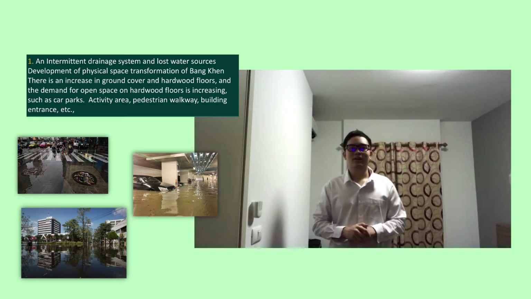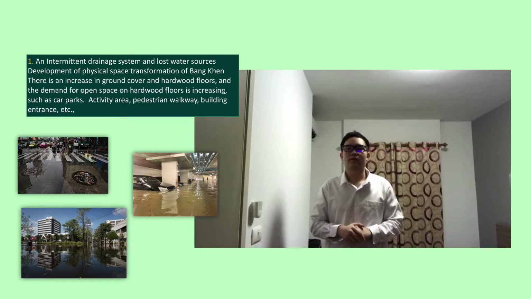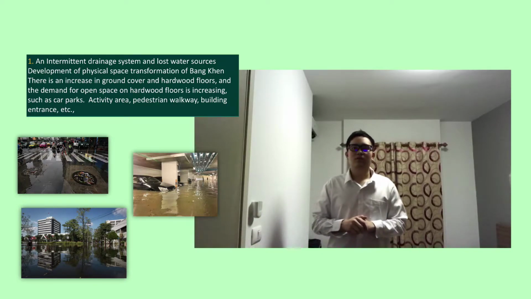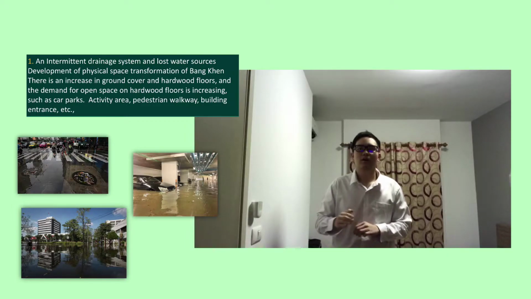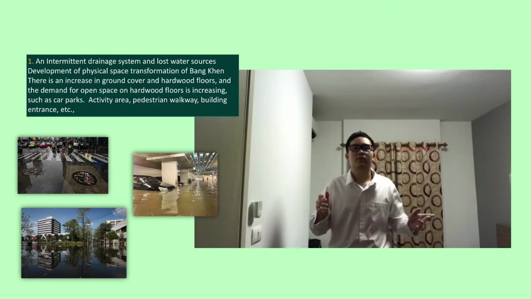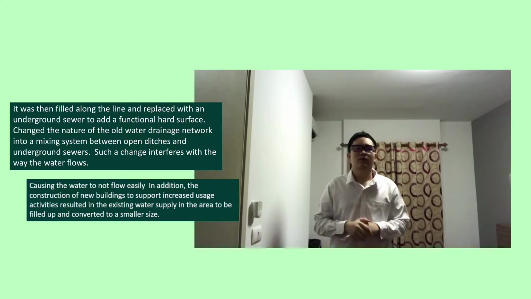An intermittent drainage system unlocks water sources. Development of physical space, transforming the Bangkhen campus to meet the growth of the campus organization, resulting in more buildings, there is an increase in ground cover and hard floor. And the demand for open space on hard floor is increasing, such as car parks, activity areas, pedestrian walkways, building entrances. Some parts of the water network responsible for storing and conveying rainwater from the campus area